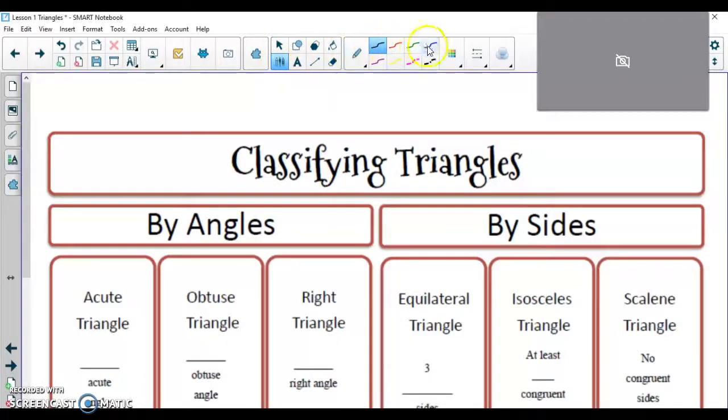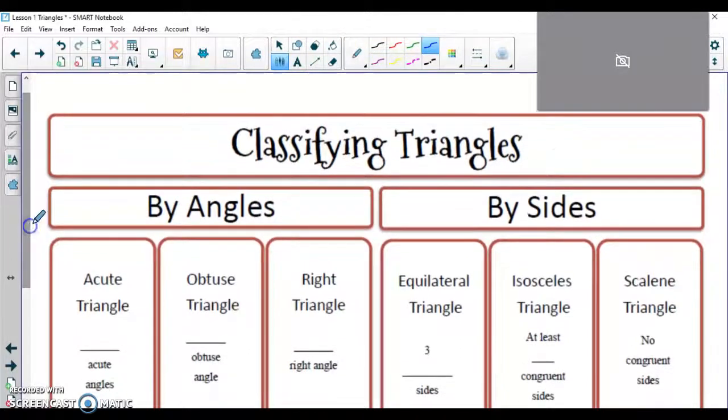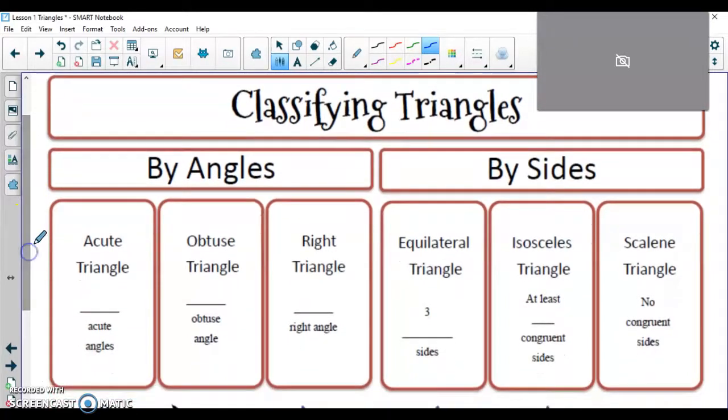Everybody, we are starting on our new chapter today. We're going to get started on our area chapter, and we're starting off the chapter by talking about classifying triangles. If you join me on page 2 of your notes packet here, you're going to see this classifying triangles, and